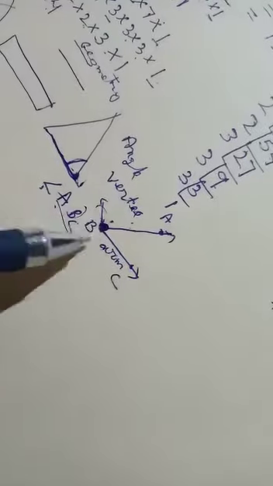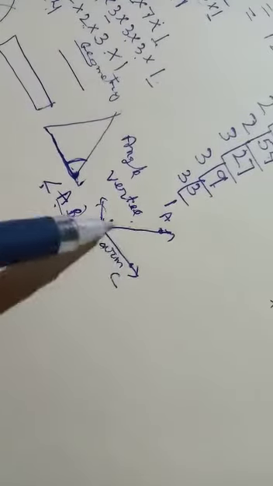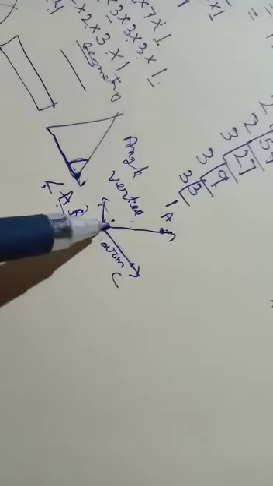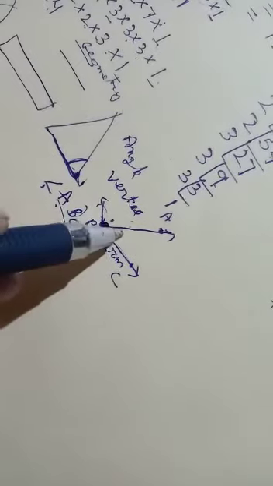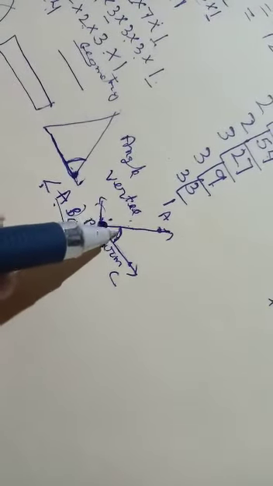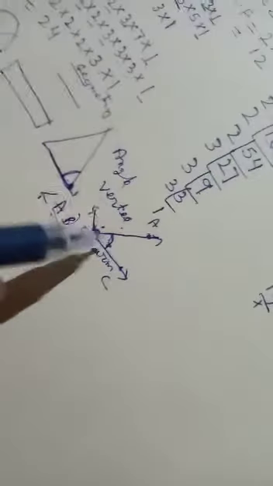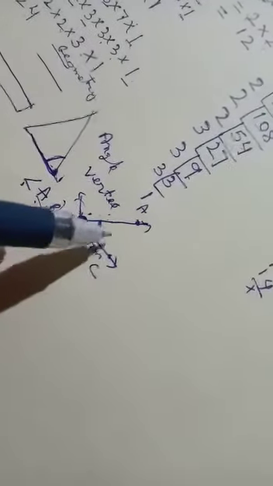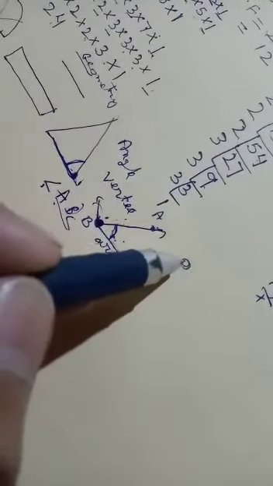So an angle has one vertex and two arms. These lines we call arms, and this point here we call the vertex. So where is the angle now? This region inside, between these two arms, is what we call the angle. For measuring angles, we use a protractor, and the unit we use is the degree.